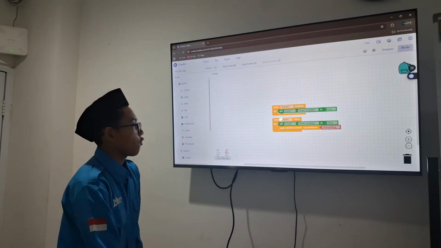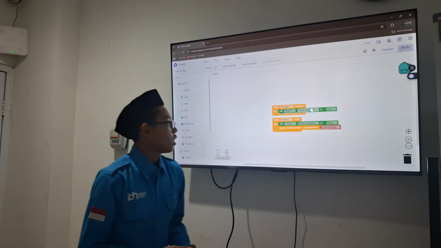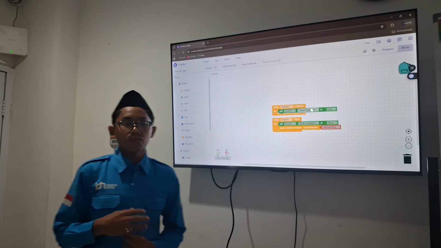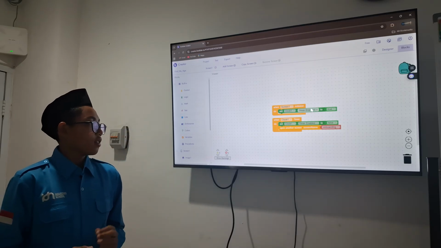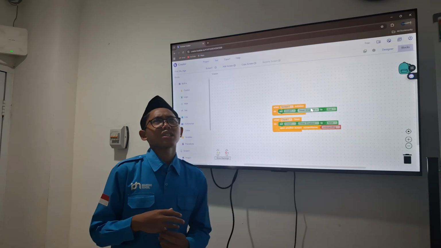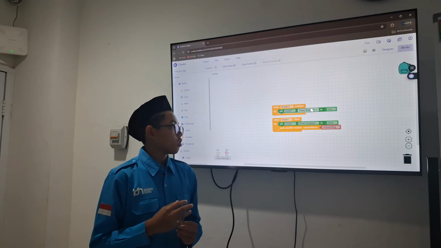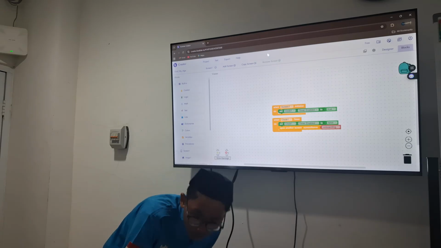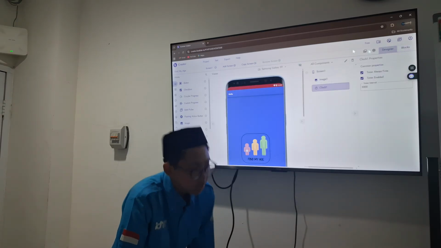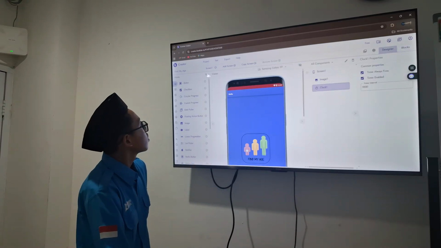When the screen is initialized, the clock or timer is enabled, and when the timer is done, it will open another screen named onboarding. Now we can see the next onboarding screen.